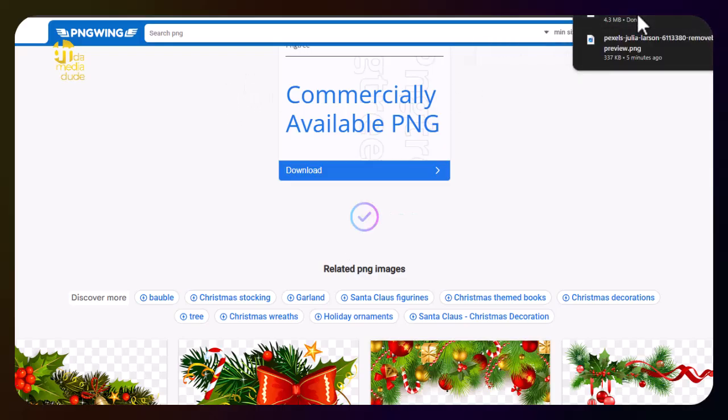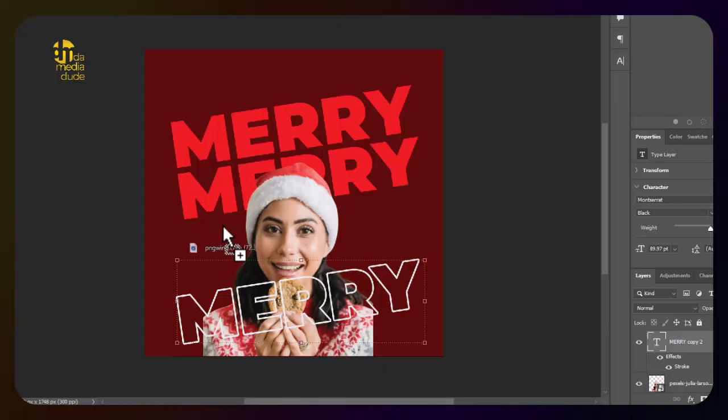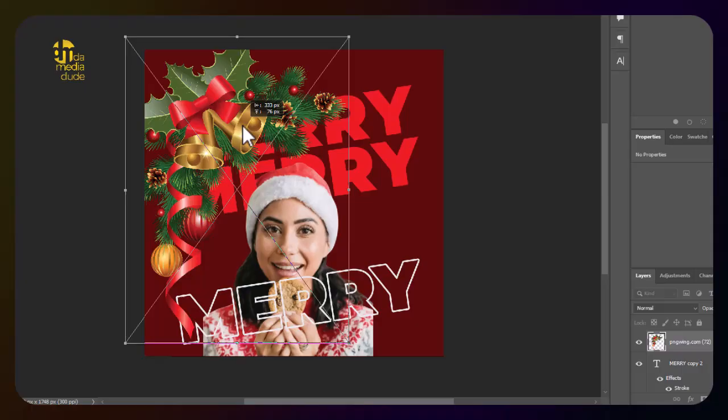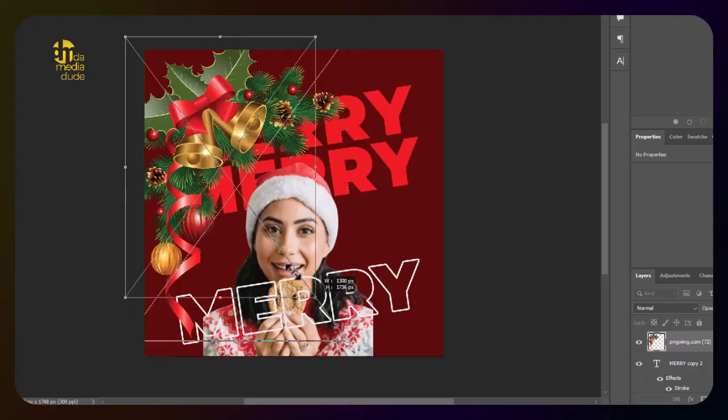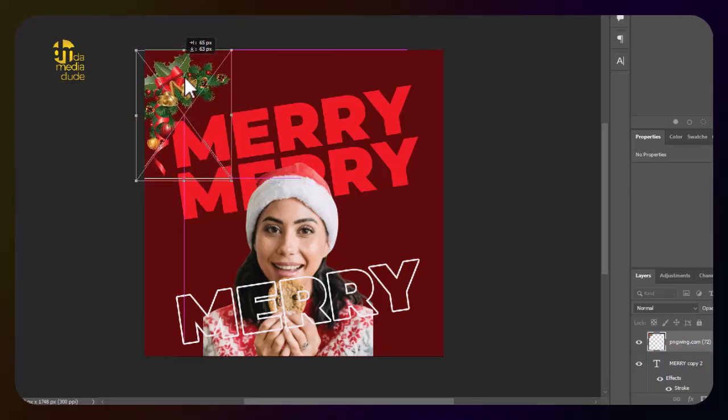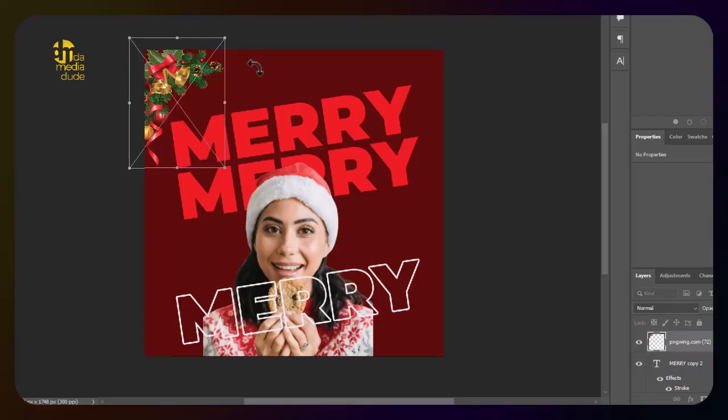Okay, so the image has downloaded. I'll just quickly drag it to my Photoshop file. Here we go, to my Photoshop document. I'll just drop it here just to add a little bit of Christmas feel to it. I'm just going to adjust this a little. I can position it any way I want. I can even drop it this way. Let's keep it by the side for instance, and then we can even duplicate this, Ctrl J again,